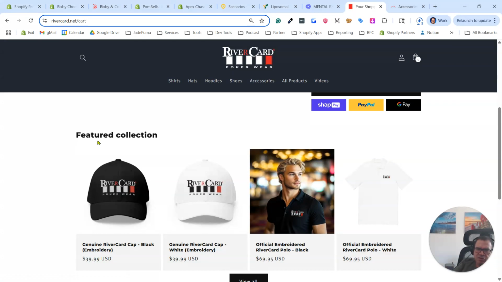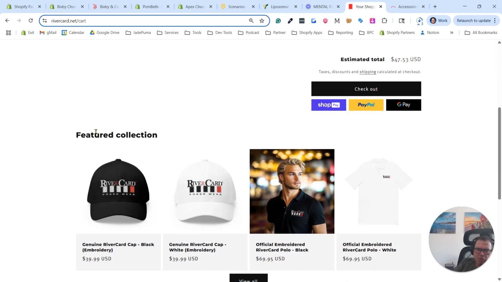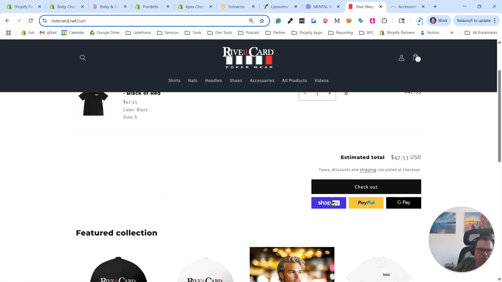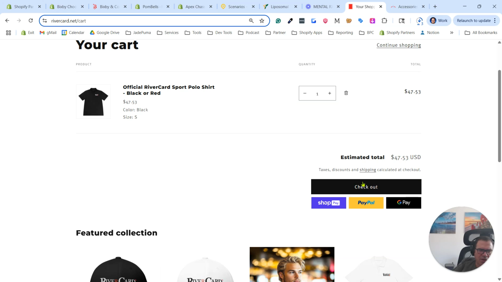So featured collection. Why are you showing these to me, right? Just put a little bit of verbiage there, like popular add-ons or popular products or something like that. And I like to get rid of these buttons because they confuse people. That's a little bit of a code hack. And then if we go into checkout,